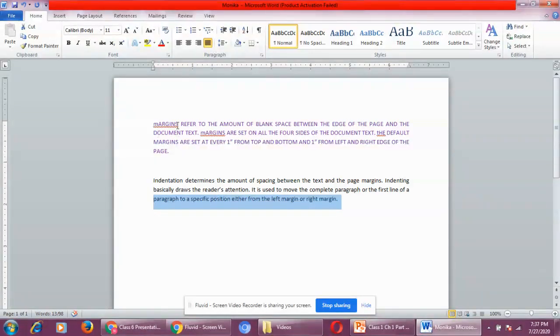Now see what happened. This is the first word. Margins is the first word. Now what has happened? The first letter is small and the rest of the letters are in capital. Now in this line, the rest of the words are in capital letters. Again in the second sentence, the first letter is small, the rest of the letters are in capital letters. The entire line is in capital letters. And in the third sentence, again, T is small, H and E are in capital, and the rest of the letters of this particular line are in capital letters. So this is toggle case.